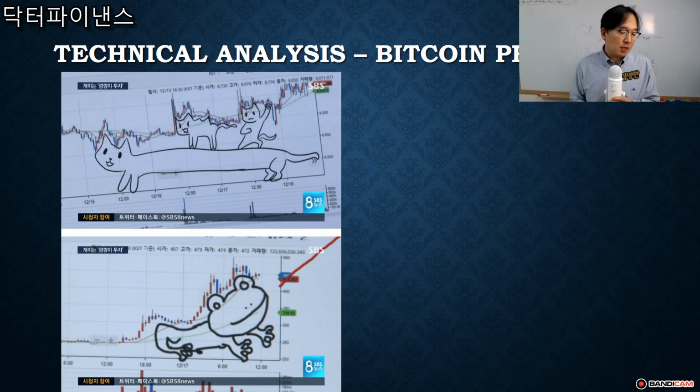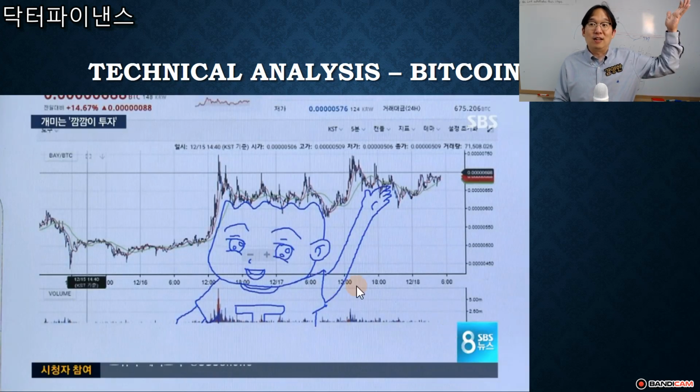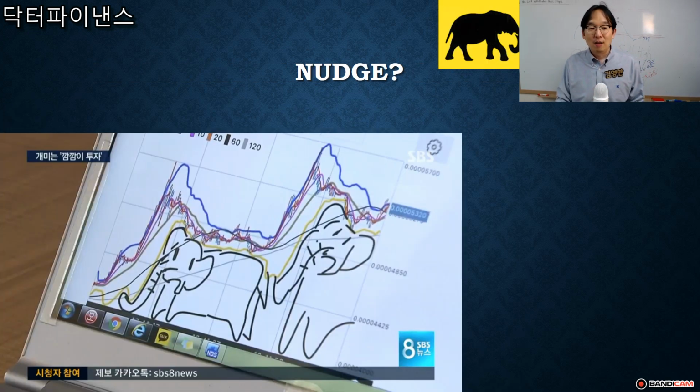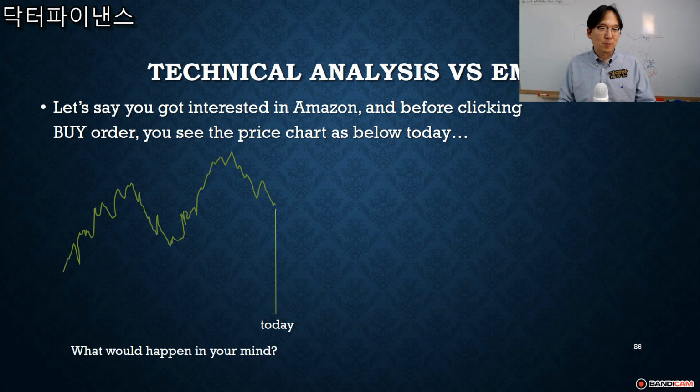Now, Chartists, how can they go wild, right? These are the charts of Bitcoin, right? And then, some Chartists were making fun of this, and you can draw a lot of pictures. Kiyoungi, this guy's name is Kiyoungi in a Korean cartoon, okay? Raising his left hand upward versus downward, depending on that, you can predict where the price is going to go, okay? So his left hand is up, so let's buy it. Left hand is down, let's sell it. That's what they do. Nudge, elephant, whatever. Yeah, technical analysis.